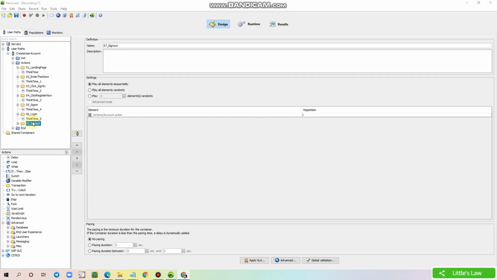And do we need to add a think time after the last transaction? Yes, we need to add a delay, but that is called pacing.